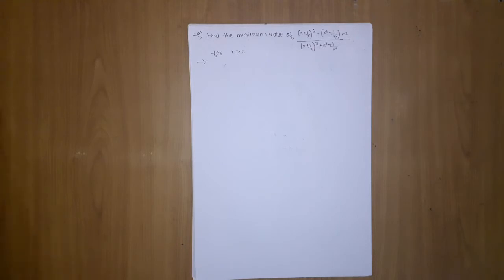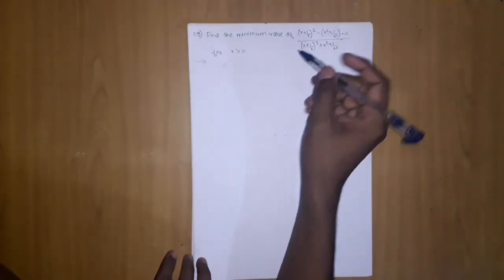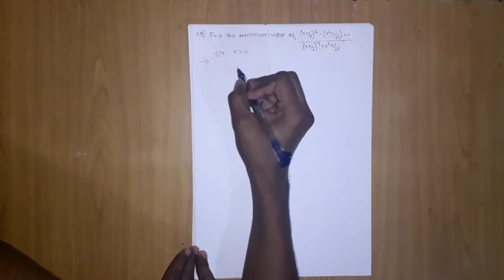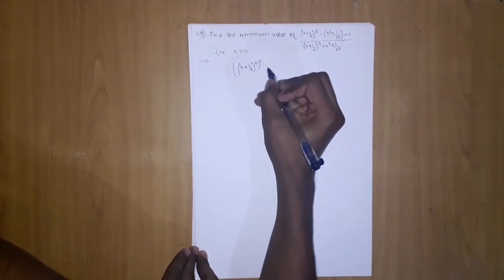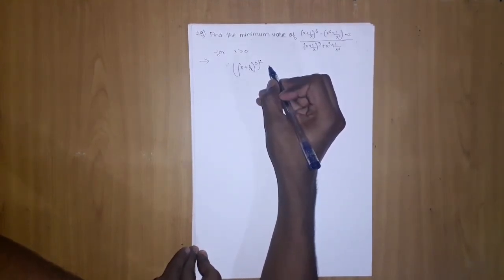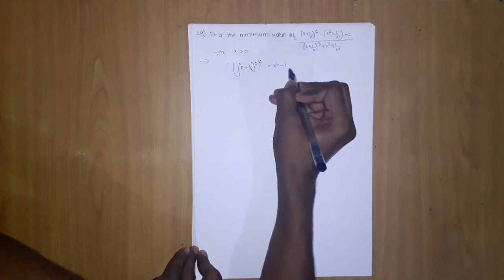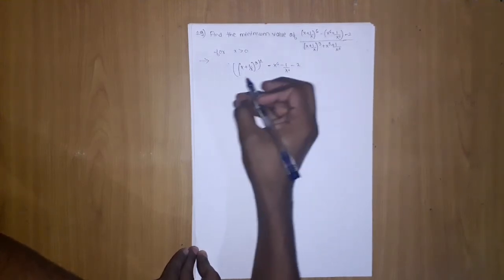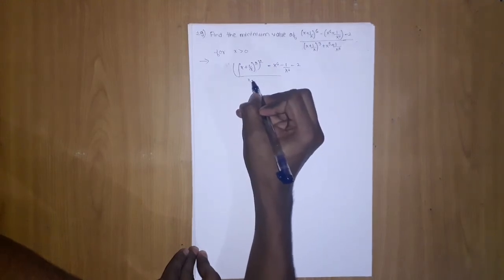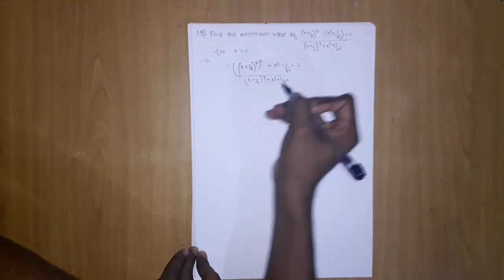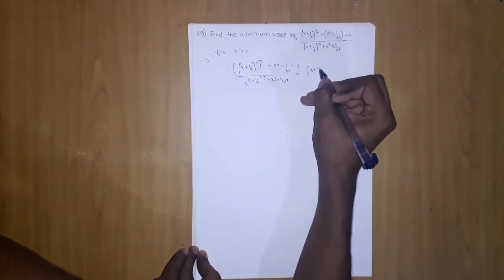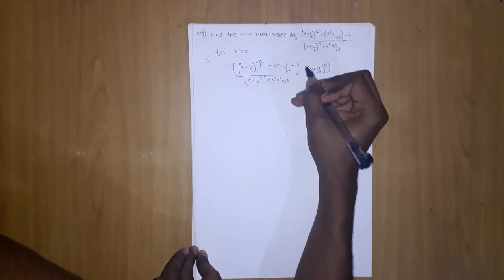Now when we see such a problem, we try to generate the same terms so that we can take some term t and solve. Can we make it x plus 1 upon x cube? Yes, we can make it. How? x plus 1 upon x, I can write it as this. Now if I open this, x power 6 minus 1 upon x power 6 minus 2, and this will be (x plus 1 upon x) the whole cube plus x cube plus 1 upon x cube. Moving on further, (x plus 1 upon x cube) the whole square.